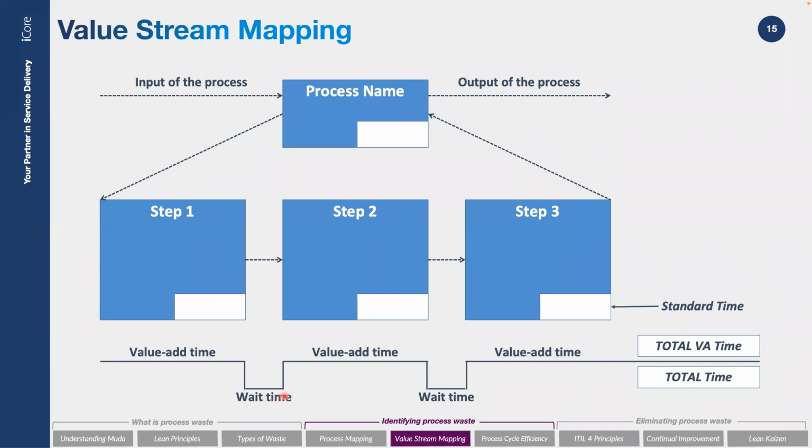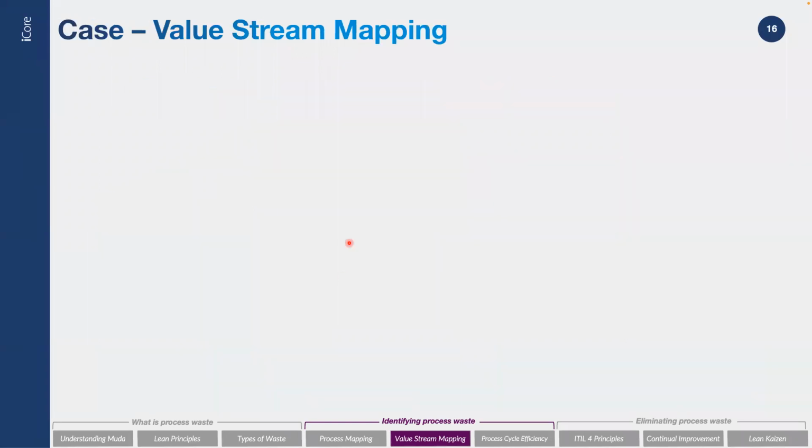Another thing we've got here is wait time. Once step one is completed, in order to get to step two, what actually is the wait time? We'd love to say, oh well, it goes straight on, but does it? This is the question that we've got to ask. Once we've done this, we'll have a good idea of the health of our process, really. So let's have a look at this in an example, which will probably make a lot more sense. And again, bringing back our incident management.